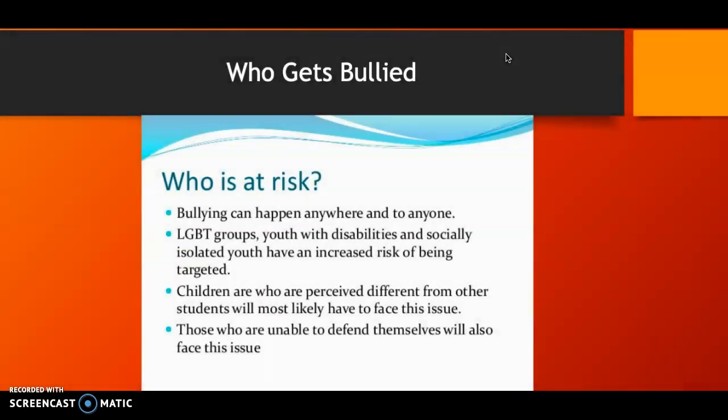There's also the question of who gets bullied. Who gets bullied is children who are perceived as different. This can be people like LGBTQ students, minorities, or students who may even just be viewed as simply nerdy. There are other reasons for who gets bullied, such as being less popular than their peers or having few friends.